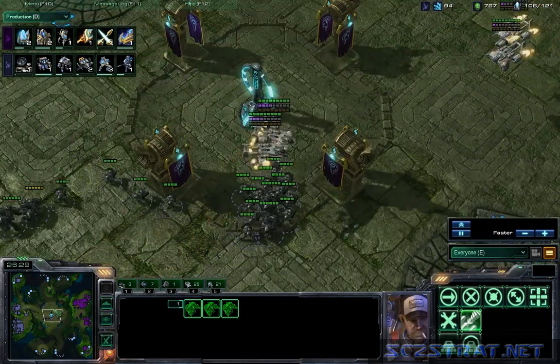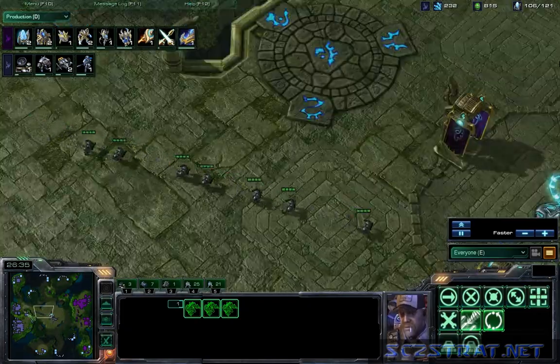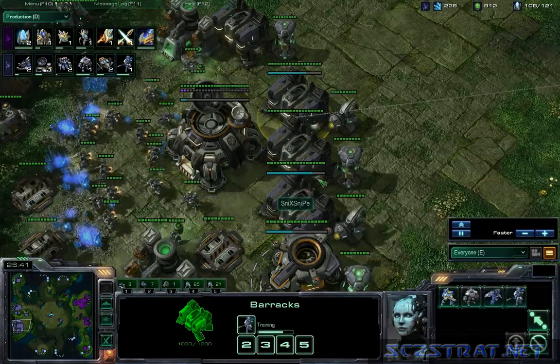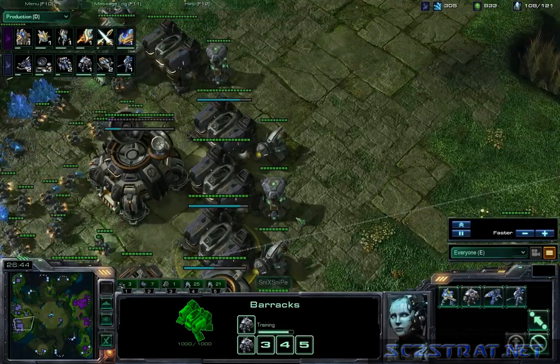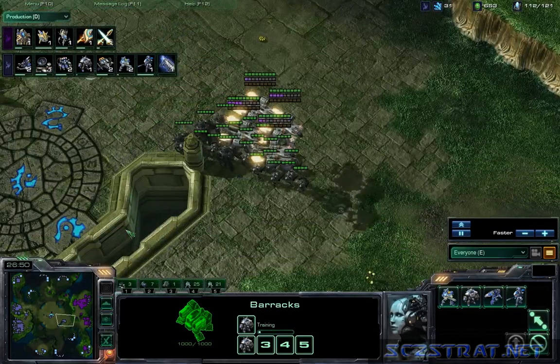So obviously both these guys right on top of their macro game, able to keep a healthy stream of units coming in. Snick Snipe's work with 1, 2, 3, 4, 5, 6, 7 barracks. Factor in the fact that 5 of them have tech labs, and you're really